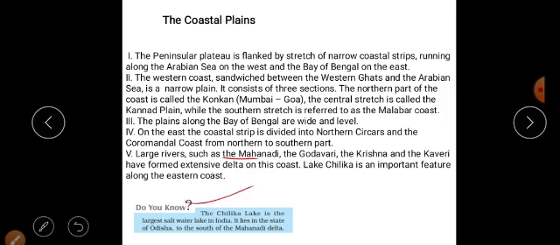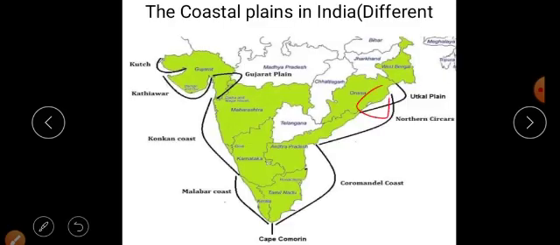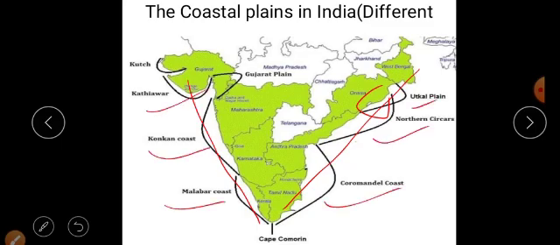Chilka Lake is the largest saltwater lake in India. It lies in the state of Odisha. Chilka is a salt lake, as you can see here. Now that is the eastern coastal area, and there is a western coastal area. Eastern coastal area: Coromandel, northern Utkal; western: Malabar, Konkan and Kathiawar. Look at the destinations. So the coastal plain has been divided in different ways.